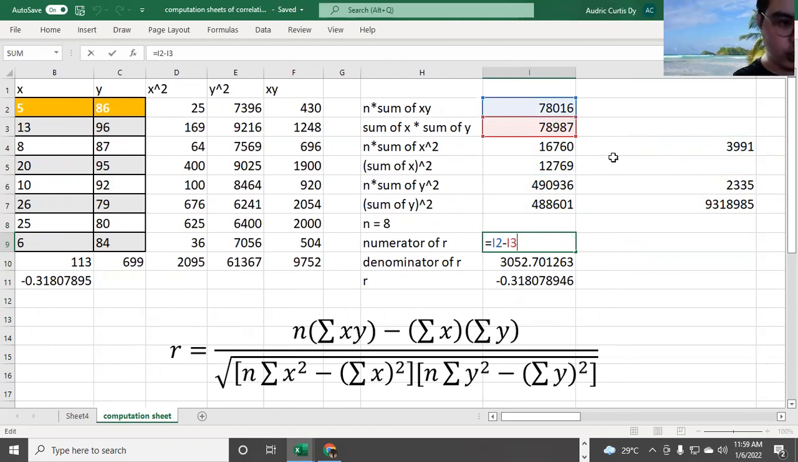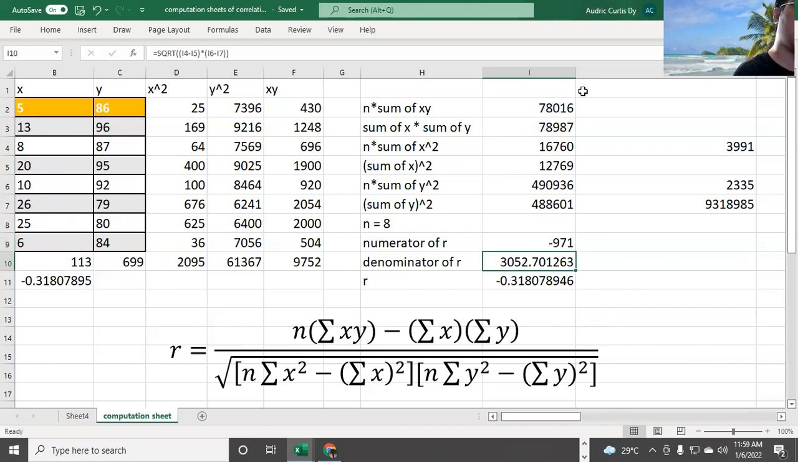Oops, sorry. We're going to subtract the product of n and sum of xy together with the product of sum of x and sum of y. So this turned out to be like this. And for the denominator, we need to subtract this first, the n times sum of x squared with the square of sum of x. Then, for the second factor, what did we do is we subtract